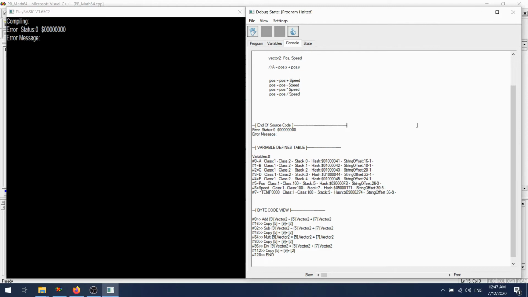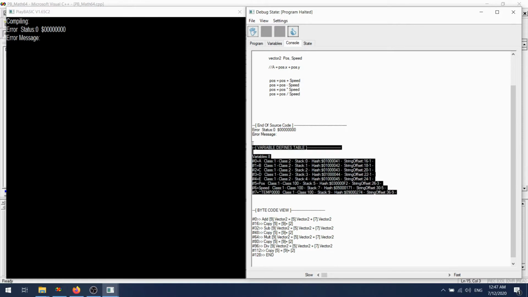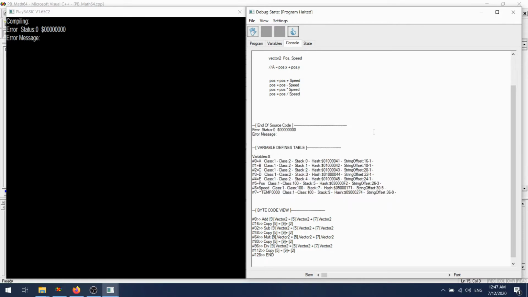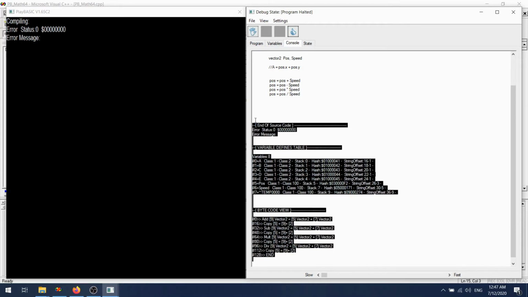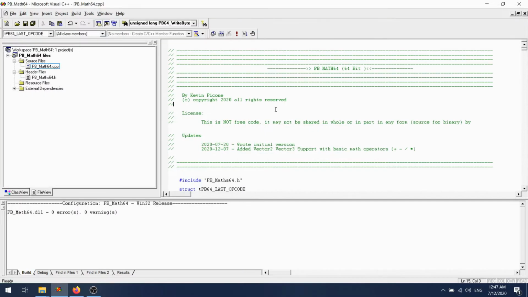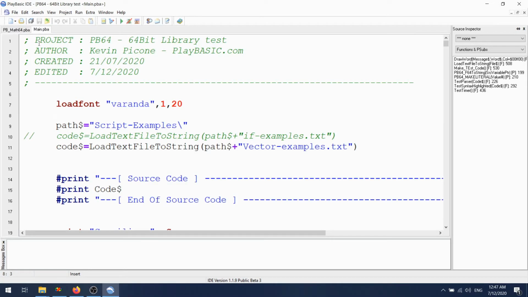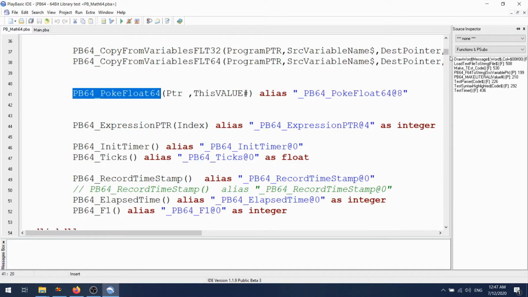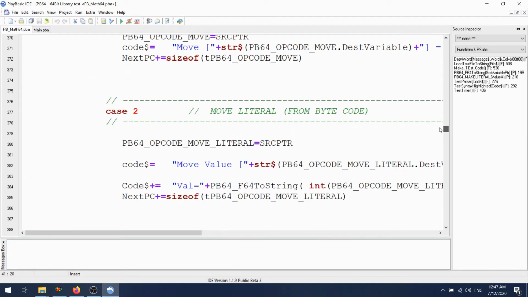To say it's stable would be overly kind. Certainly, I wouldn't expect it to work, and it hasn't been tested that robustly. But this information here is done on the PB side of the equation. So we're displaying this information out in a bit of code in our PlayBASIC program. For example, the code that does